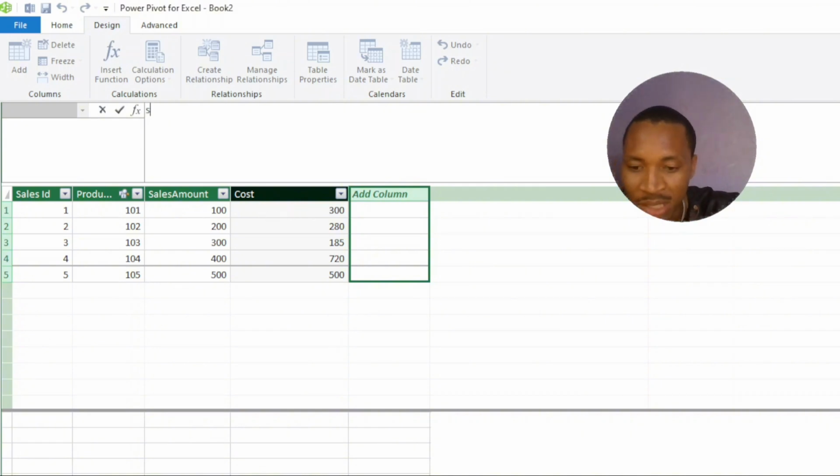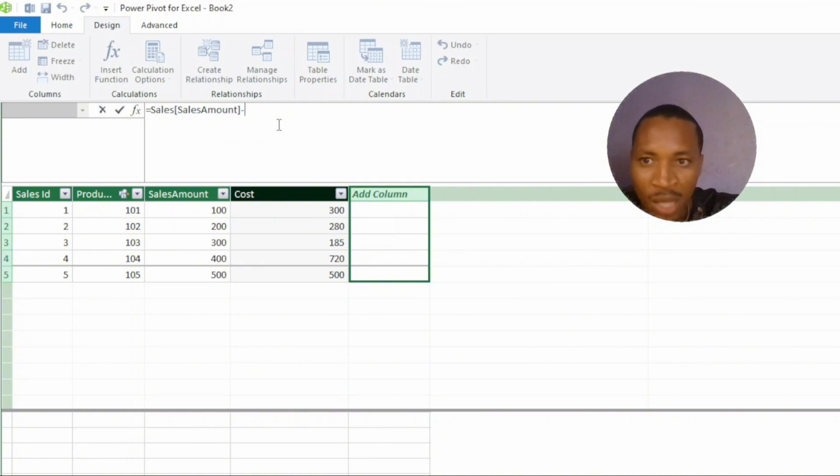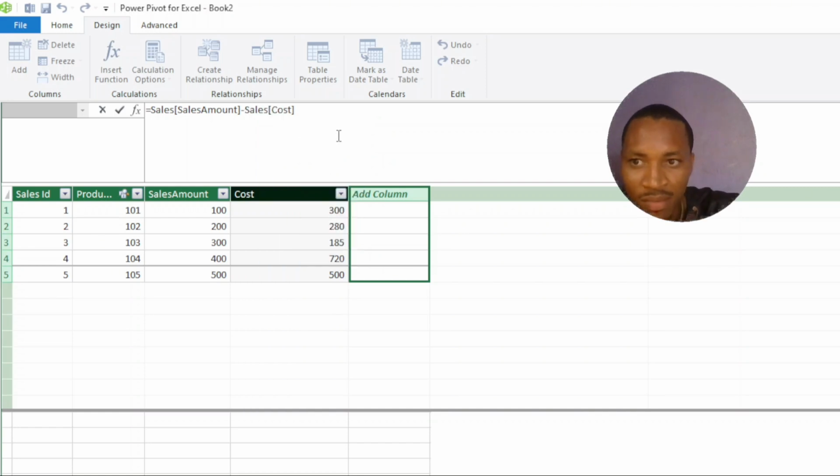So start with equal to, sales amount, click on it, minus the cost, and this is the sales cost. Click on it. Once done, we're going to click enter,